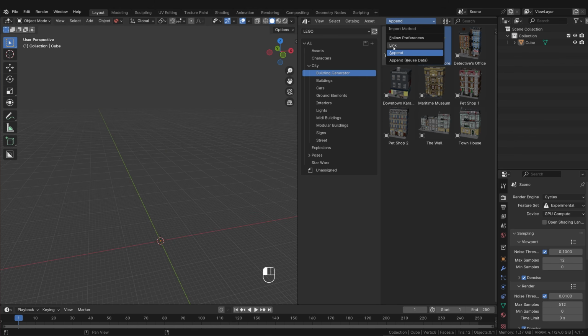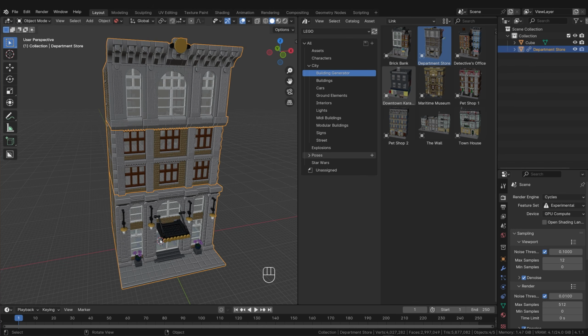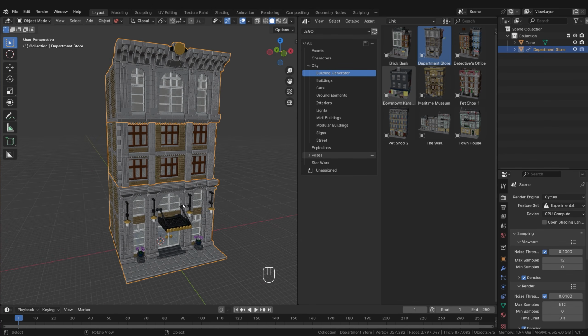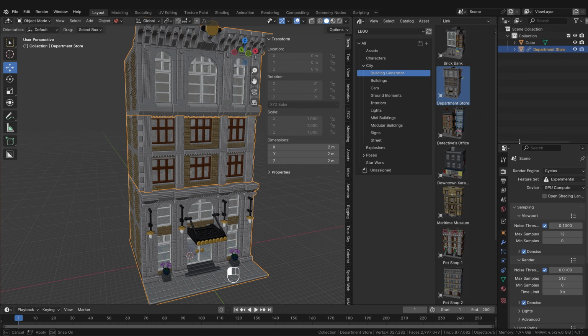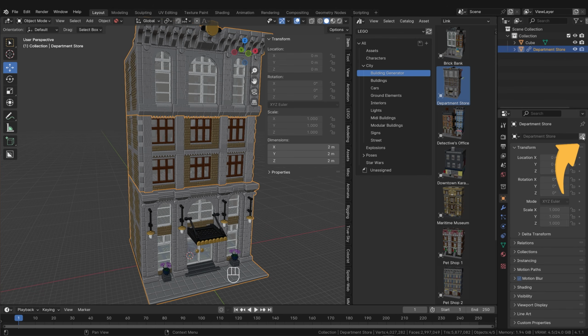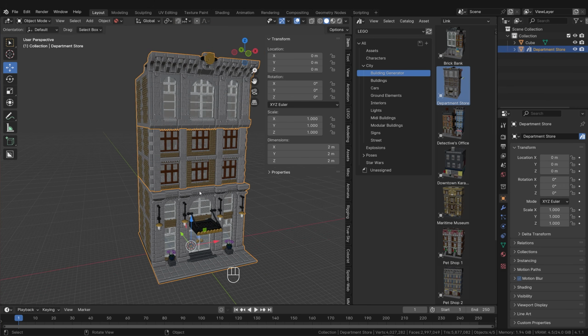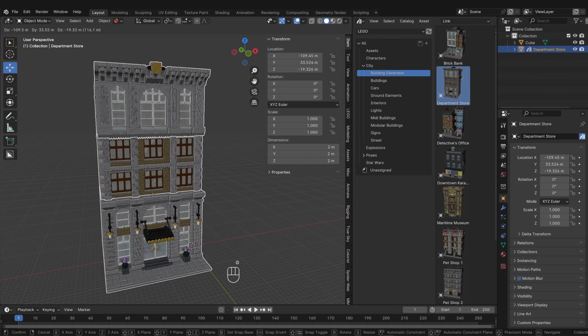The best option is link. This means you lose the opportunity to place the building nicely with that preview grid. It now always appears in the world origin, so at 0, 0, 0. But that way really just adds the building generator object. All we have to do to be able to edit it is click on this icon on the object properties. It cannot be moved or edited beforehand. But once you click on this, everything works as it should.